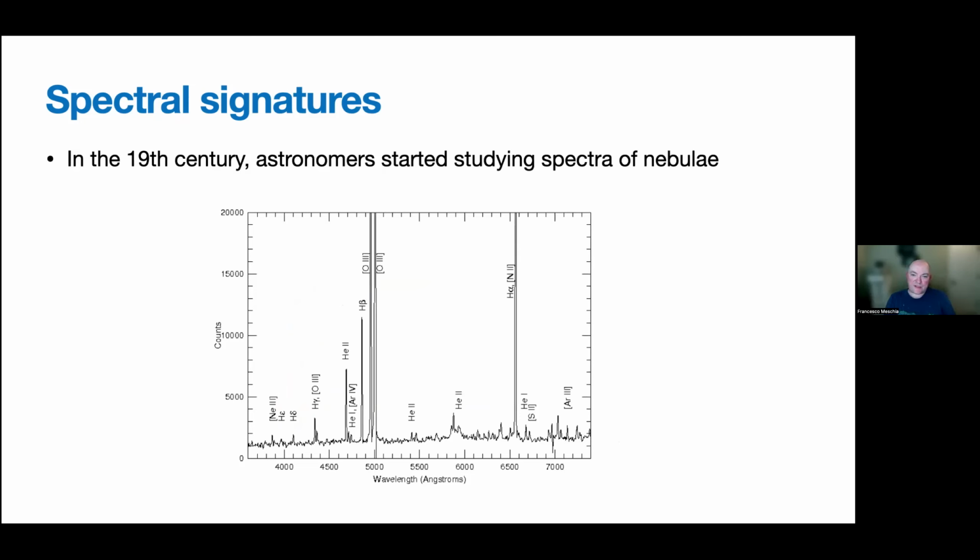When astronomers started studying the spectra of nebulae in the 19th century, and back then anything that was not a star was called a nebula, they didn't have the perception of the difference between what we now call a galactic nebula and a different galaxy. Andromeda used to be called the Andromeda Nebula until 1920. So they found that some nebulae had a spectrum that resembled a star spectrum, with a continuous distribution of photons